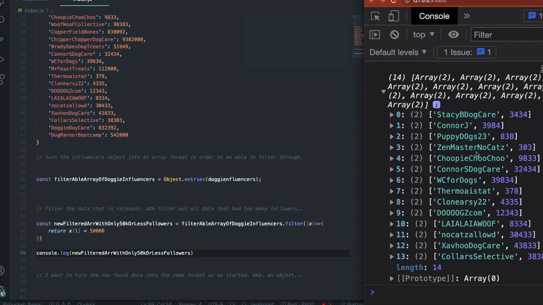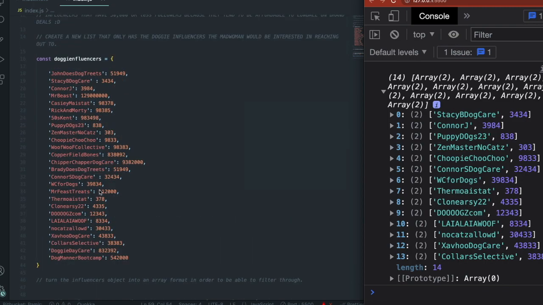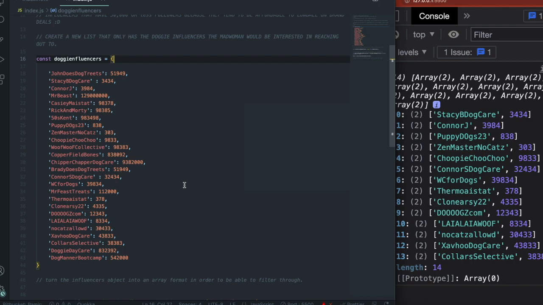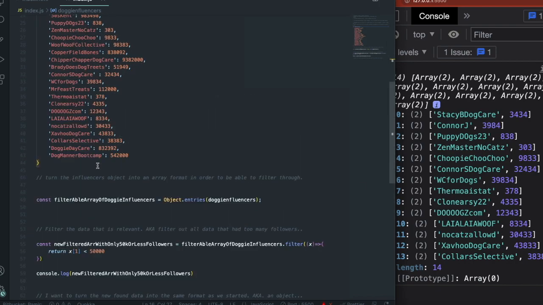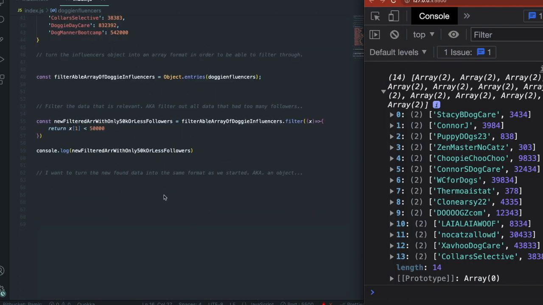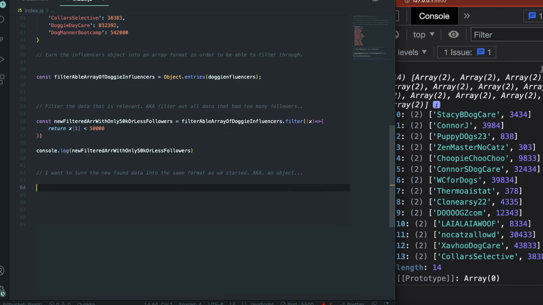So we pretty much found the people we want to work with. We want to present this back to the madwoman, of course, and we don't want them to get mad. And they probably expect it the same way they gave us the data, right? That's usually how it goes. Therefore, we need to turn this back into an object like this. And there happens to be actually a method to help us do that. So let's first find a place to save this new object. So const,